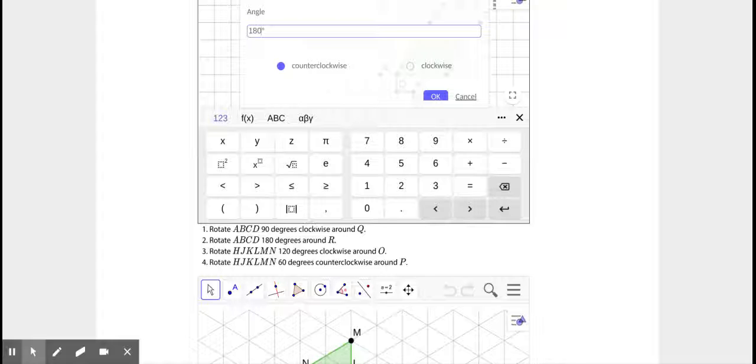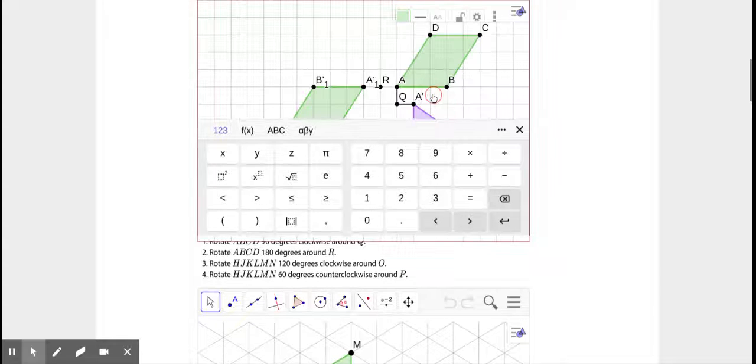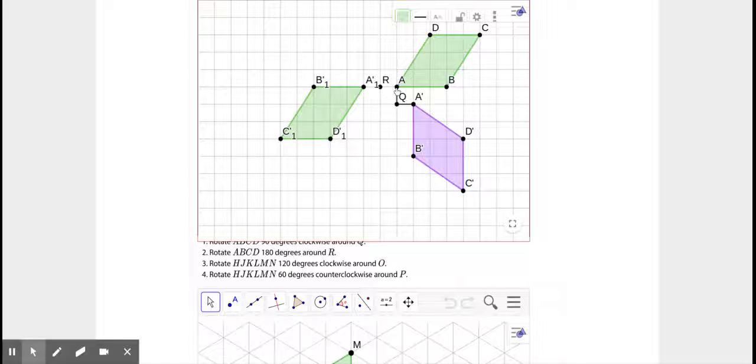For this one, it doesn't matter clockwise or counterclockwise, because if I rotate something 180 degrees, it's going to do a full half circle. So it doesn't matter which direction you go, it would still look the same. So click OK. And then you can see that it's going to go around R,